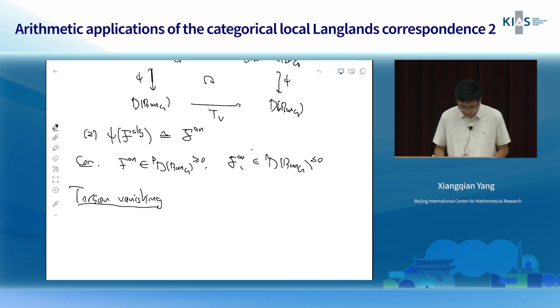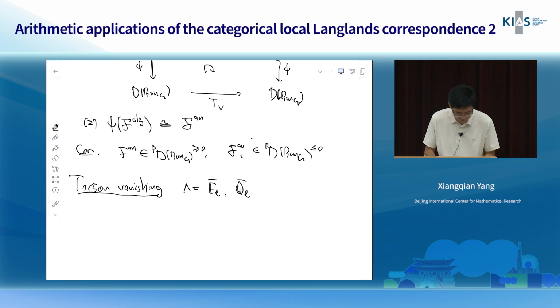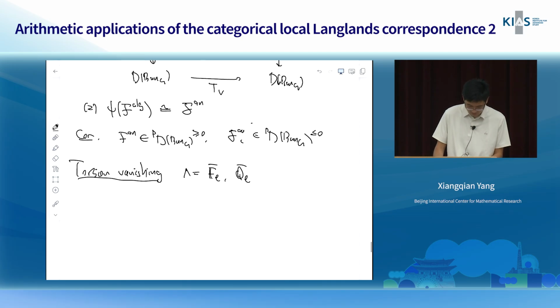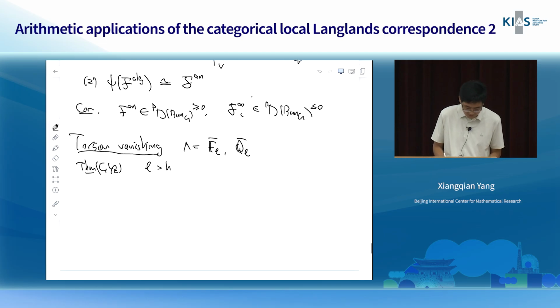We can take lambda coefficients to be either alpha bar, but of course we can also take Q_ℓ bar, but then we don't call it torsion vanishing. Anyway, recall that yesterday Jim mentioned the following theorem: assume ℓ is not too small, greater than some constant number. Then we have the tame